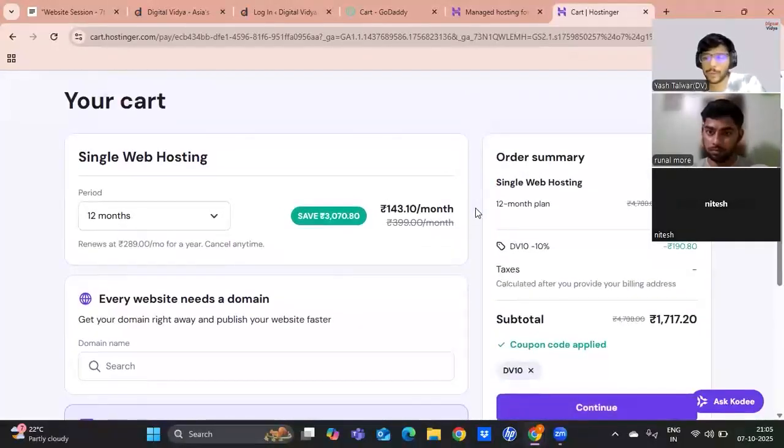So it goes down to 1717 rupees, right? But remember that you'll have to purchase a domain separately in this case. So depending on the price of your domain, this will be very similarly priced, because the domain will be something around 500-600 rupees, and eventually you will pay 2300, 2400.